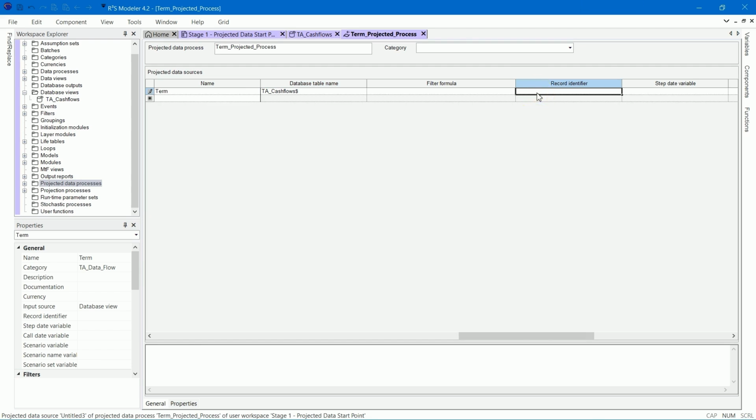This will be policy number. The step date variable will be set to projection date. The projection data process is now complete. Now save your workspace.